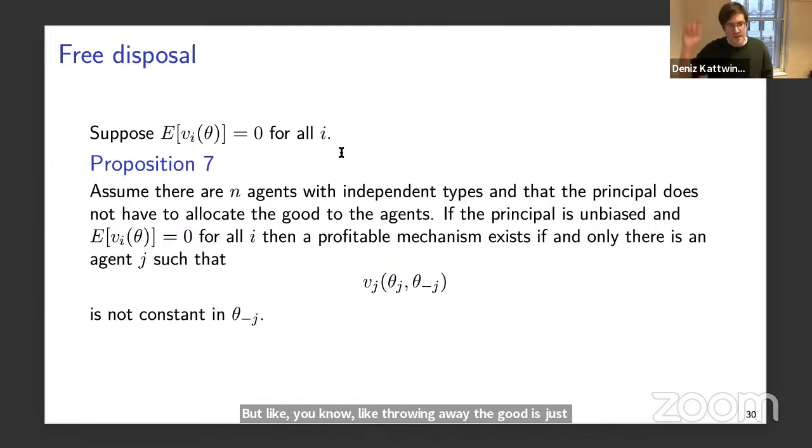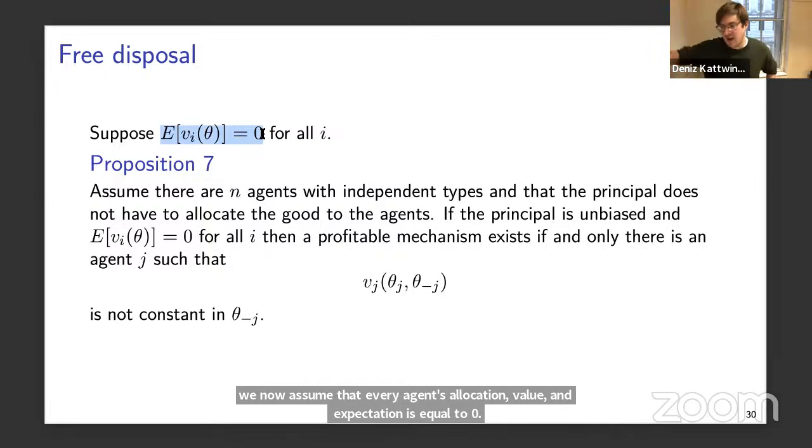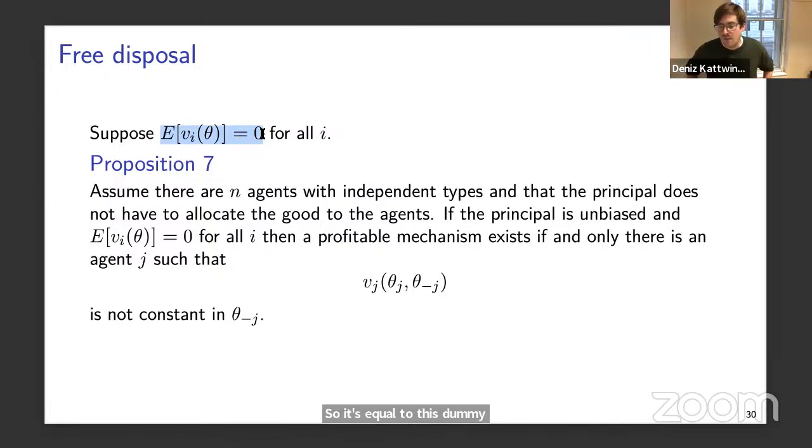If you do that, then you arrive at our proposition 7. So we now assume that every agent's allocation value and expectation is equal to 0. So it's equal to this dummy agent's expected utility. So now what we get is, under all these assumptions, we have that there exists a profitable mechanism if and only if there's one